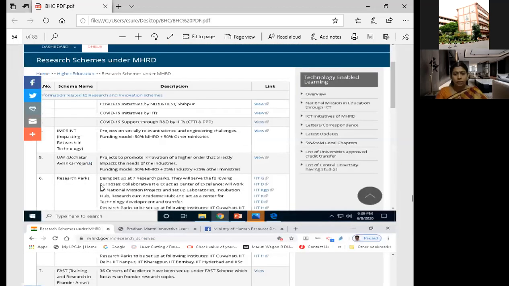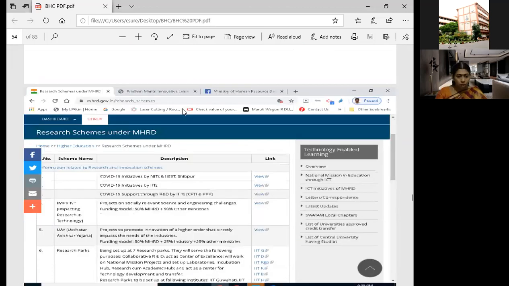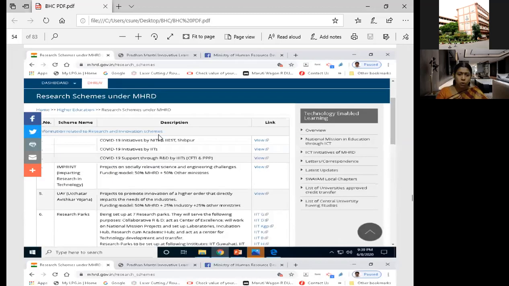So we move on to this particular option. In MHRD itself, you go to research hive schemes. In mhrd.gov.in, you go to /research. So far we saw